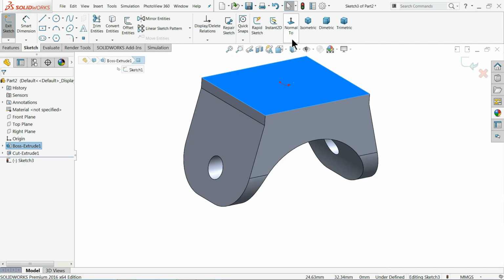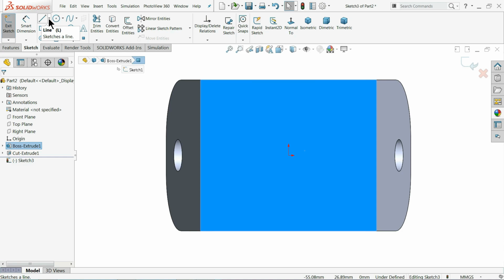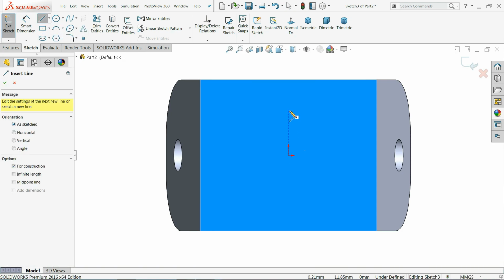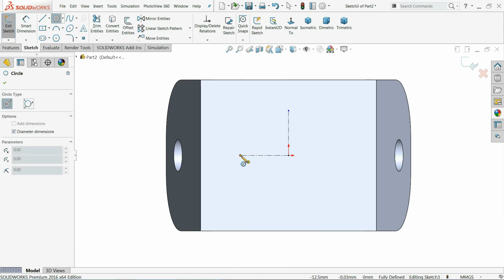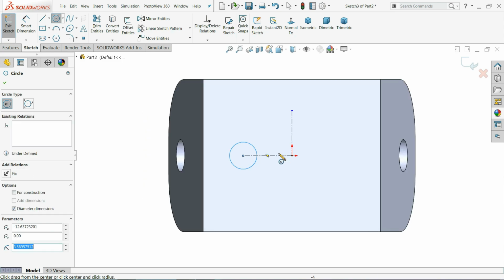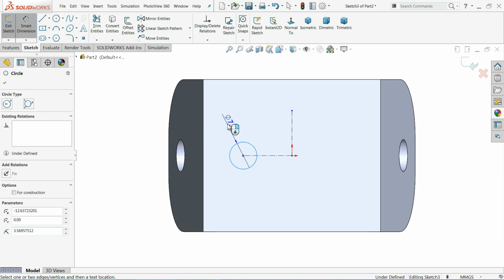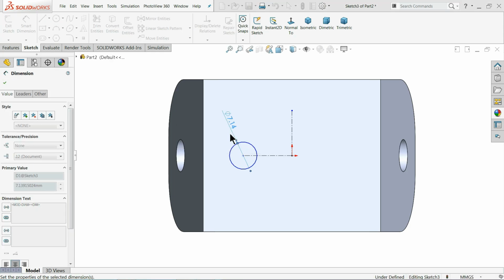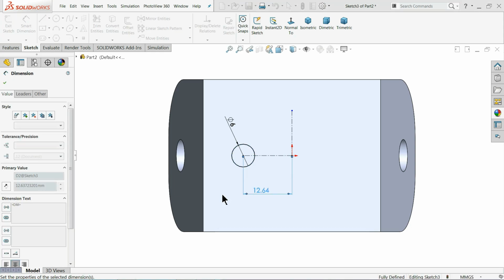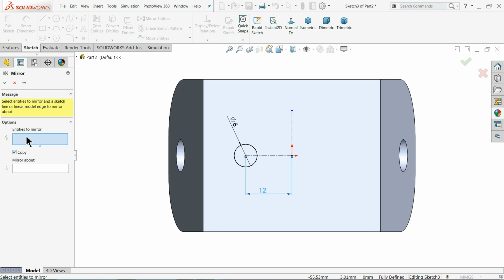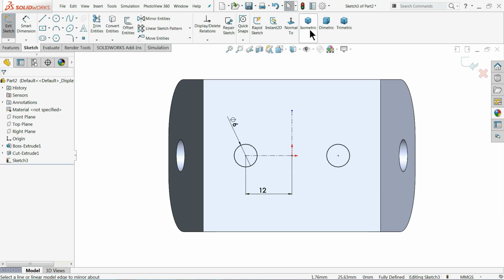Select the top face, sketch normal, and let's draw vertical and horizontal center line, circle, 6 mm, 12 mm, and let me choose here mirror entities. What we'd like to mirror: keep in entities this circle, copy, and select the vertical line as the mirror about. That's it.